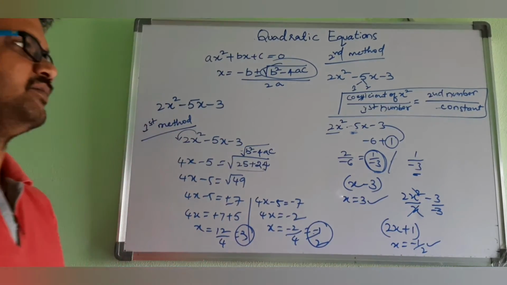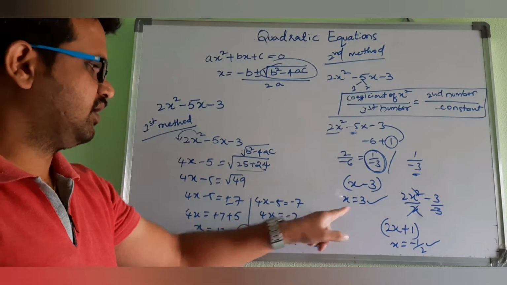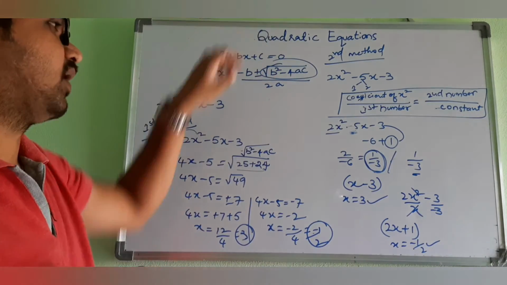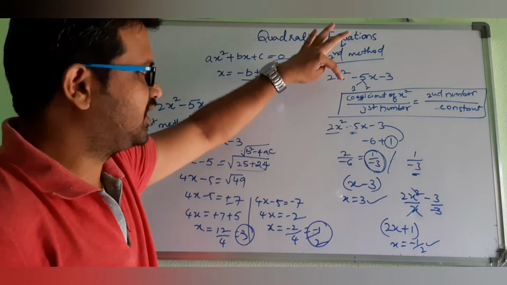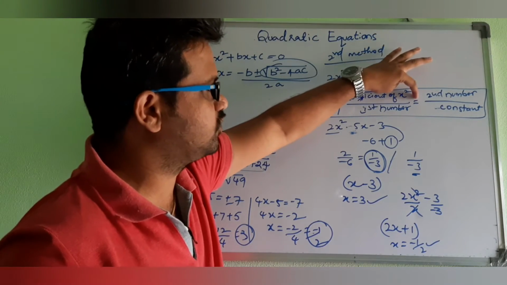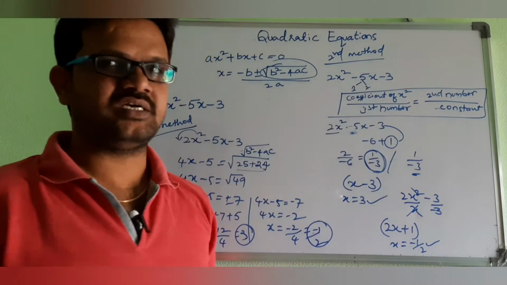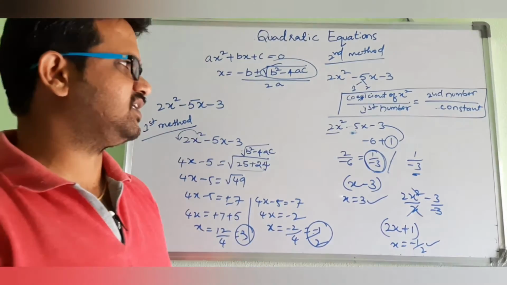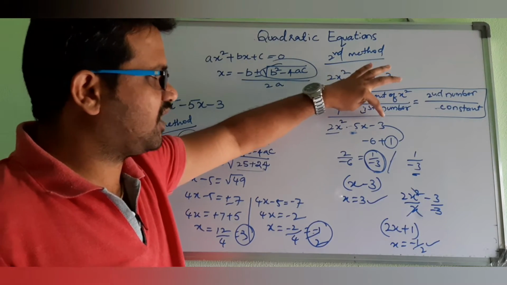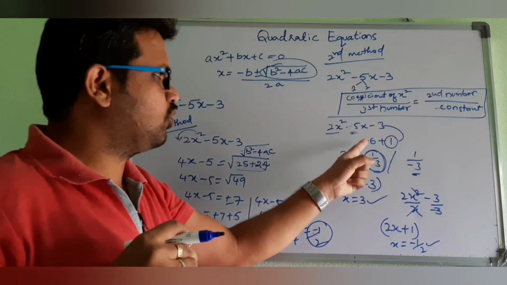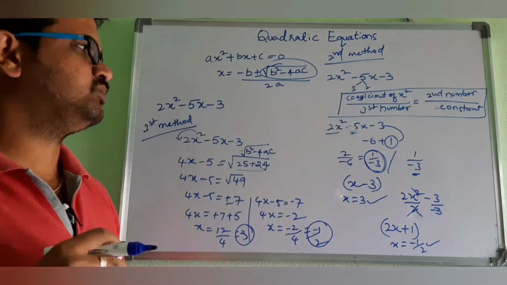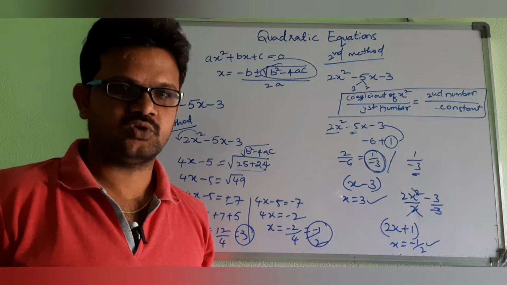This is the second method. We got the same answer in both methods. These are the Vedic math tricks, and we can apply them in quadratic equations also. How to split that? Coefficient of x square divided by the first number is equal to the second number divided by the constant. It is very easy, and in that there is one more trick. Here the x term is negative and the constant is also negative, so the first term should be negative and the second one positive. Note this down.